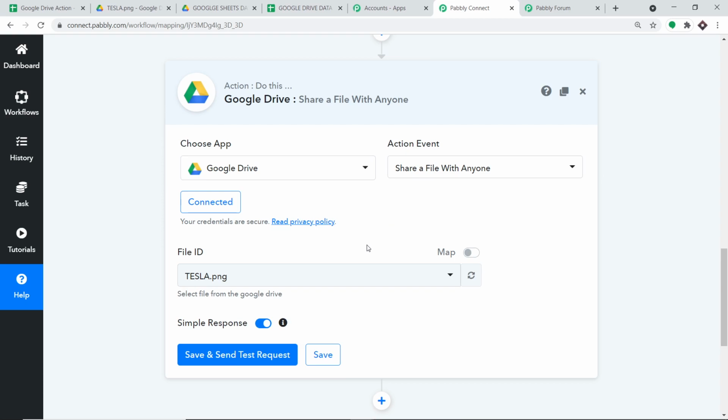This is actually a static ID. We want the dynamic ID, because when some other file is uploaded, let's say an image of Ferrari, this part will remain static, it won't change.